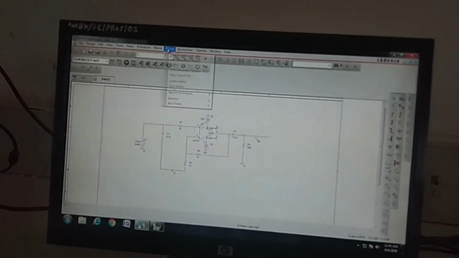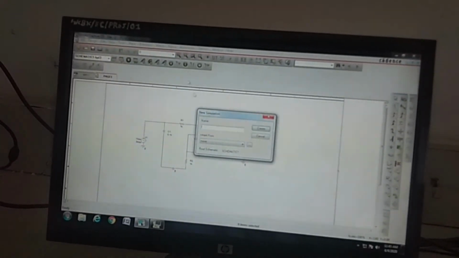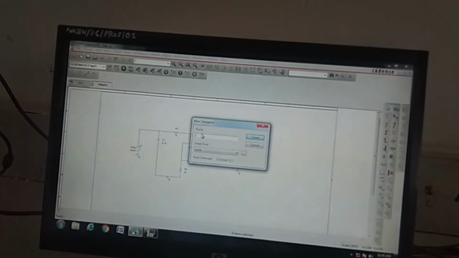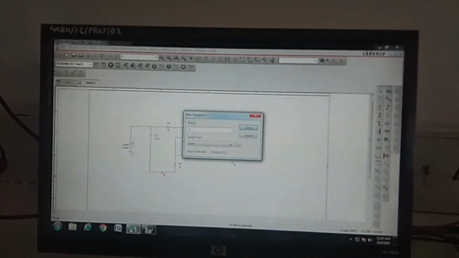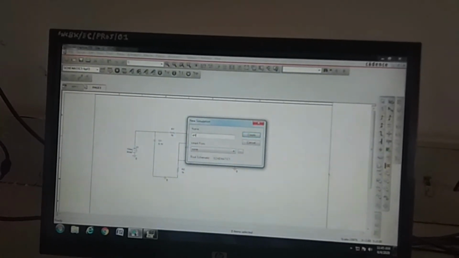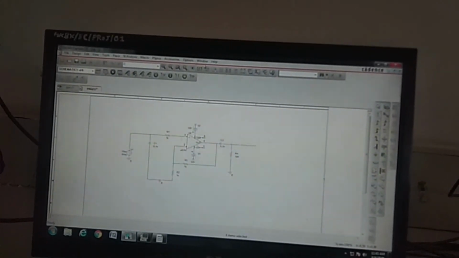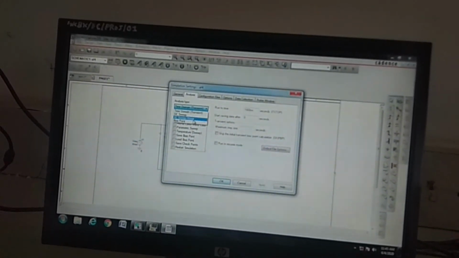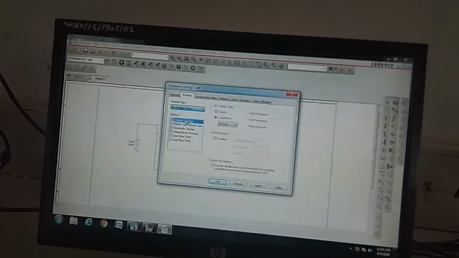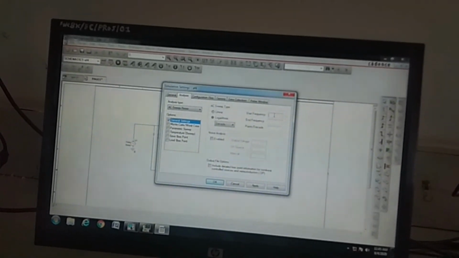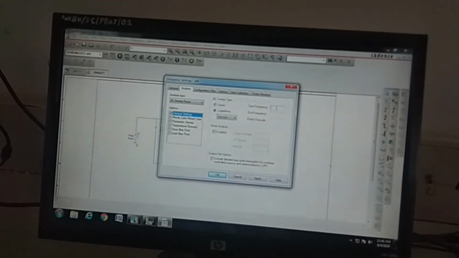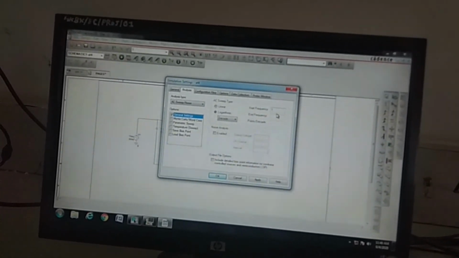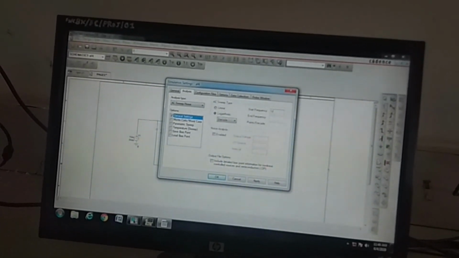Finishing the circuit, go to PSpice, new simulation, give some name, new window will be open. Go to AC sweep, give start frequency as 10 hertz.